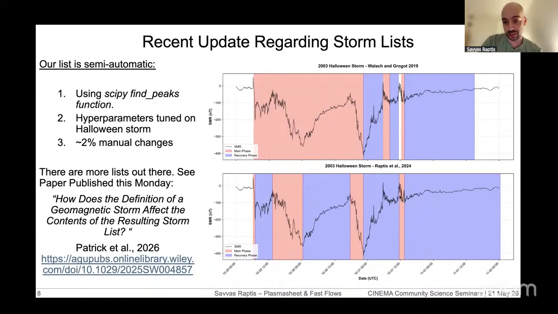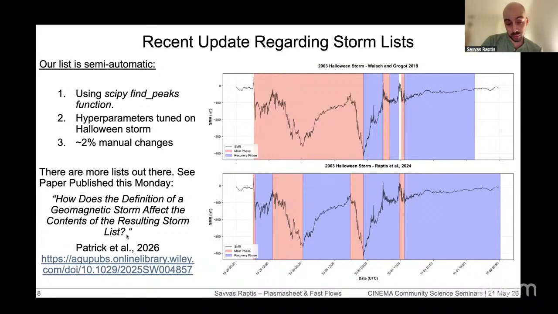For example, you can see here that this part in the Halloran storm was captured as a recovery phase. One could argue that maybe this part over here could have been a main phase classification. So things like that are very hard to catch. But you can see if you compare it with the top panel, which is a purely reproducible algorithm, that we do a pretty good job.